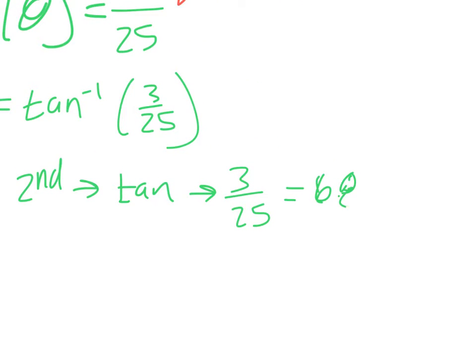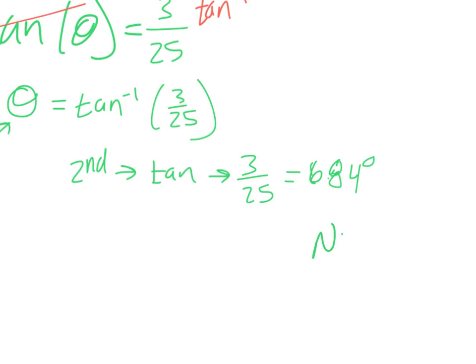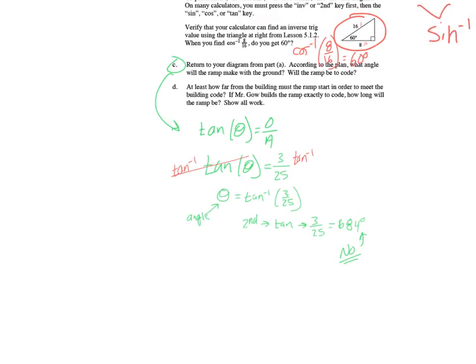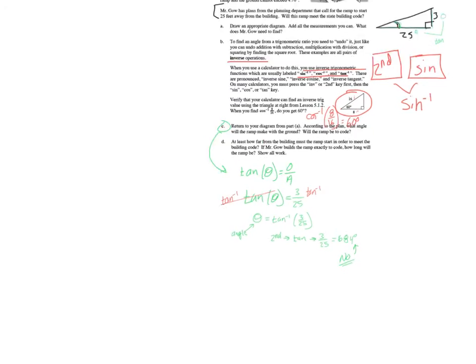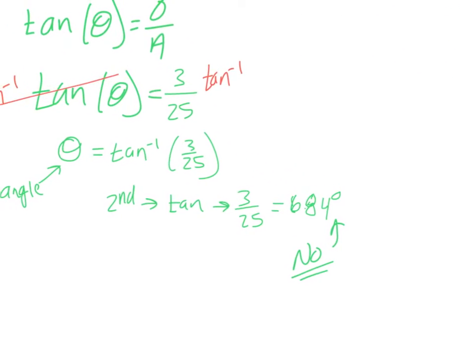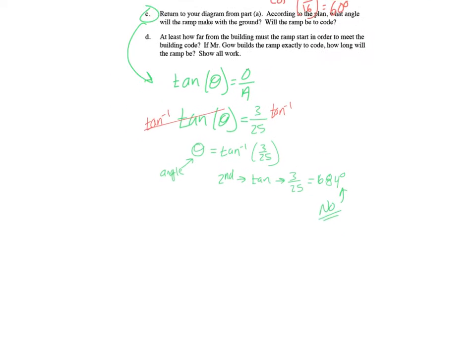Struggling. 6.84 degrees. And so to answer the question, will the ramp be to code? No, it will not be to code. It exceeds the 4.76, I believe. So that angle is too steep. So it says at least how far from the building must the ramp start in order to meet the code